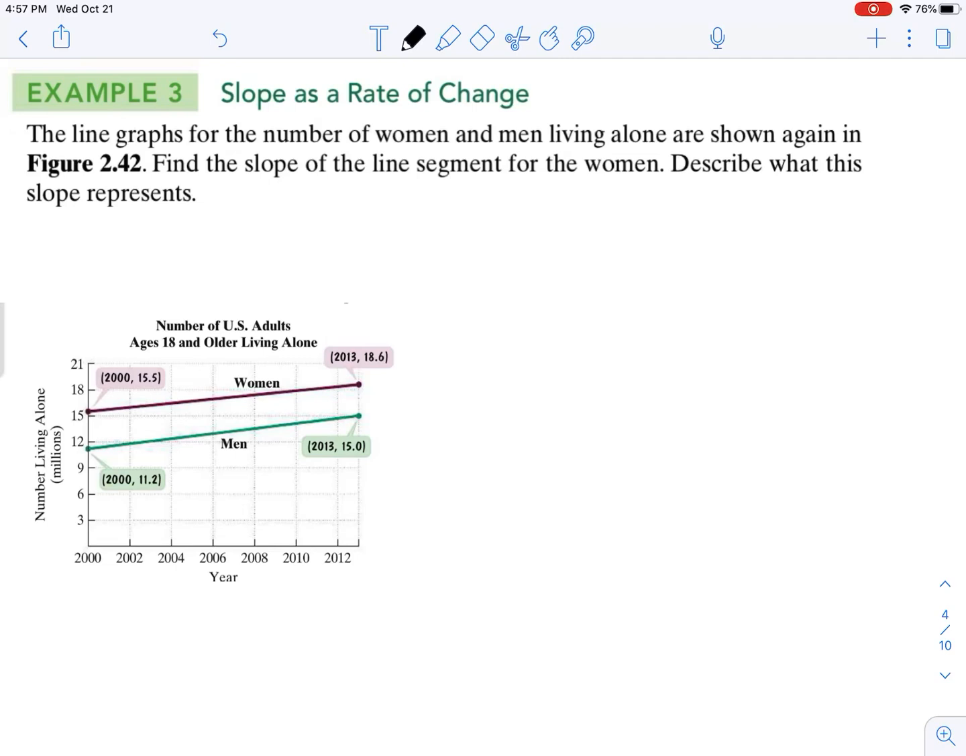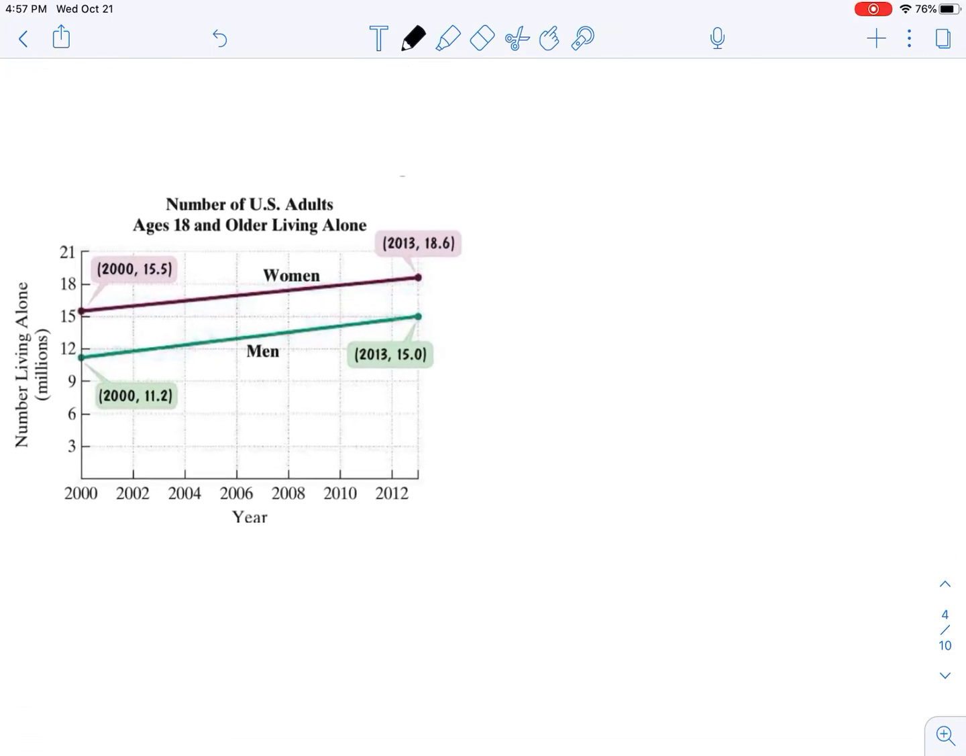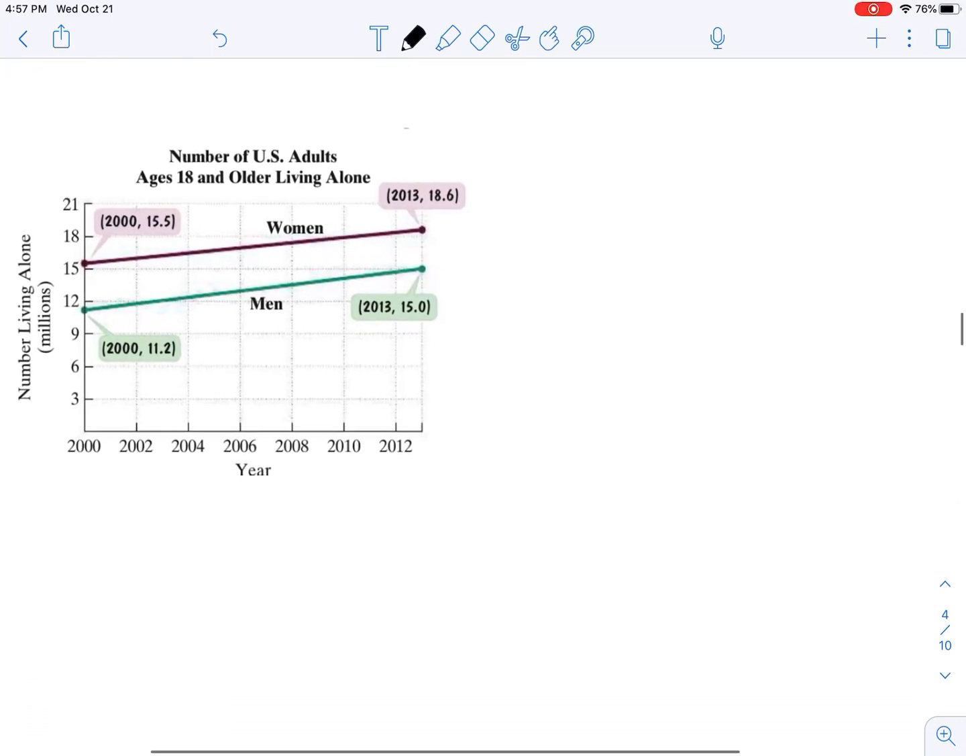The line graphs for the number of women and men living alone are shown in figure 2.42. Find the slope of the line segment for the women. Describe what this slope represents. So if we look at the line for the women, we notice that we have 2 points. The first point is